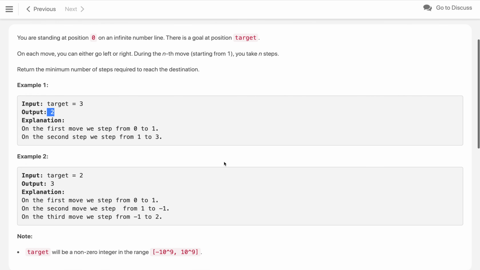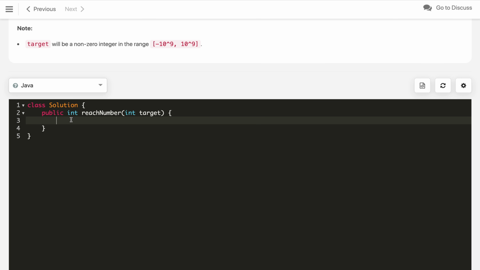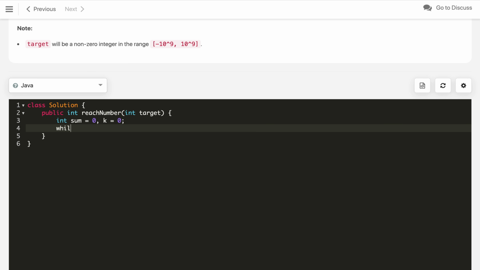So let's quickly implement this approach. First of all we need a sum, initialized from 0, and the number of steps we will take, which is k itself, also initialized from 0. Now first we will do while sum is less than target.